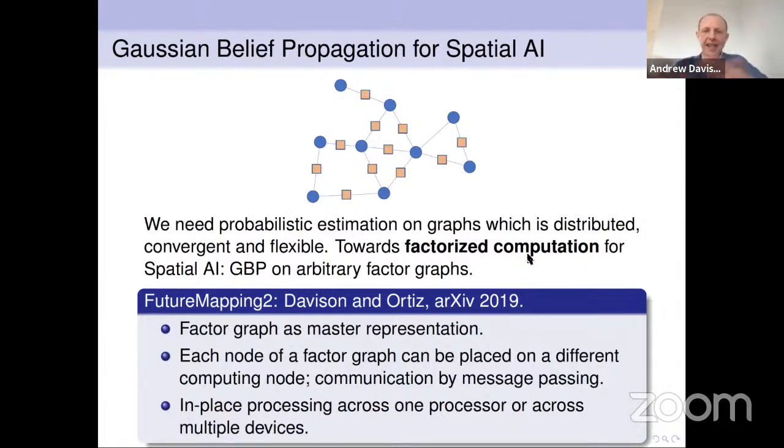And then you can lay that out on a parallel computing architecture with message passing and try and solve it in that way. So in particular, in Future Mapping 2, we identify the old, but I think surprisingly not very well known or underused algorithm of Gaussian belief propagation as really a very general framework that I think could tackle an awful lot of these problems.